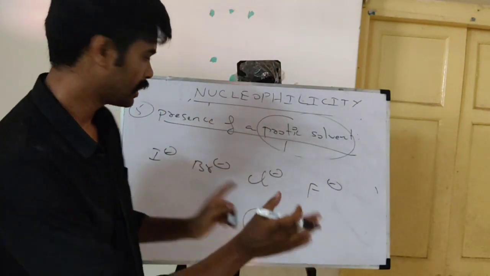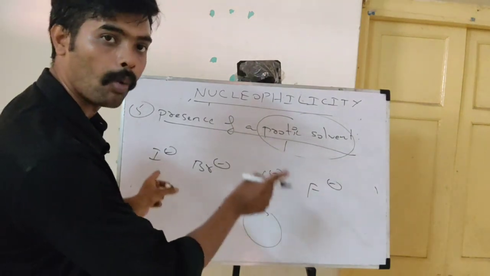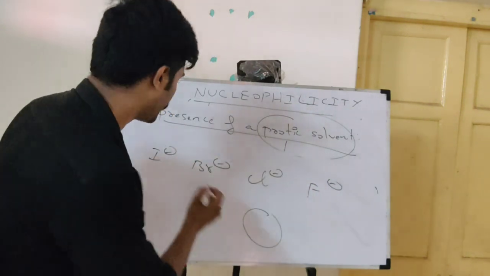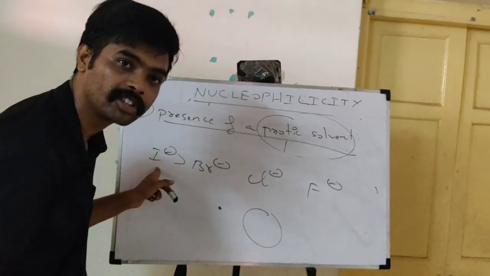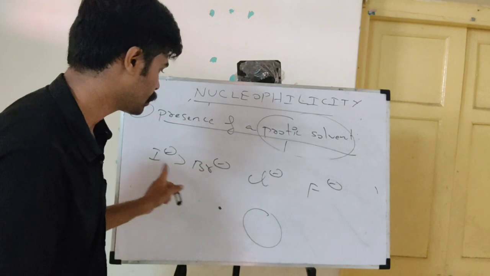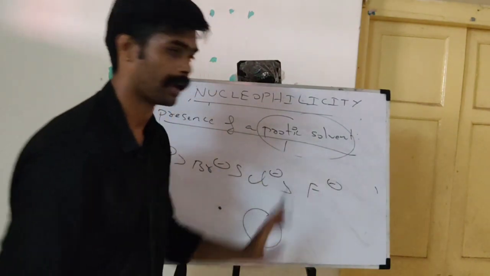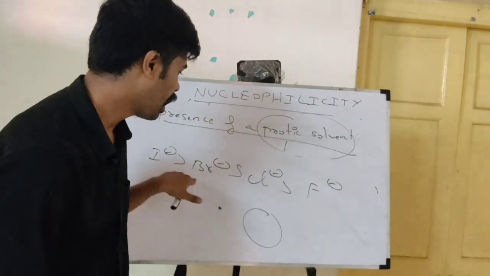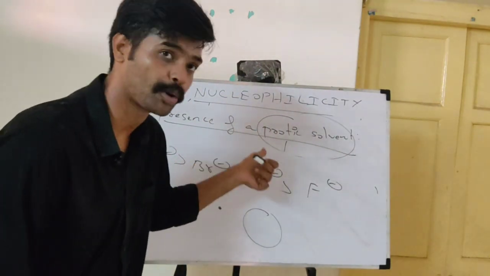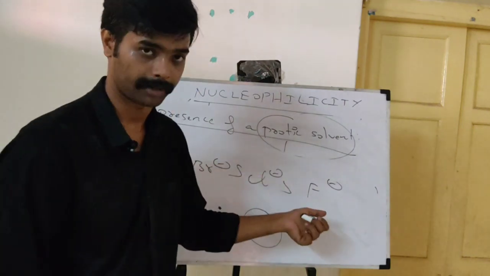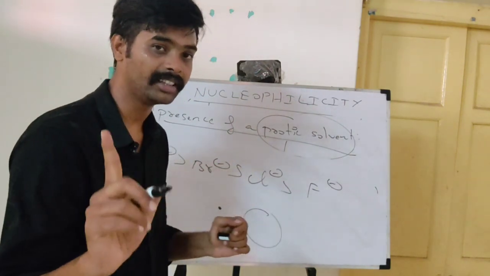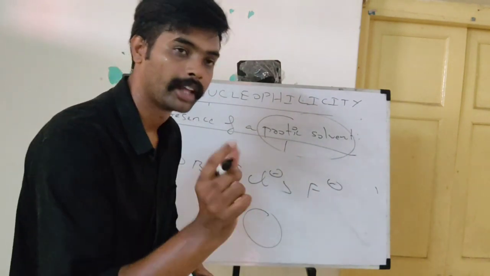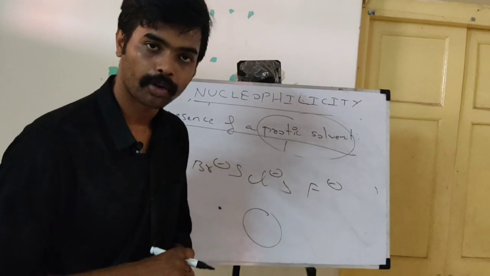So keeping all that in mind, I think we'll be able to easily bring out the picture here. What will be the order of nucleophilicity if I have a protic solvent in the picture? Definitely I minus is going to be least crowded, so its nucleophilicity is maximum, and then Br minus, then F minus. Now if you look at this, and if you look at how we did the order of nucleophilicity previously without the protic solvent, we actually got the opposite order, right? That's why I told you basic strength is not the only criterion. There are other criteria, say for example the electronegativity of the atom, and if you have a protic solvent,